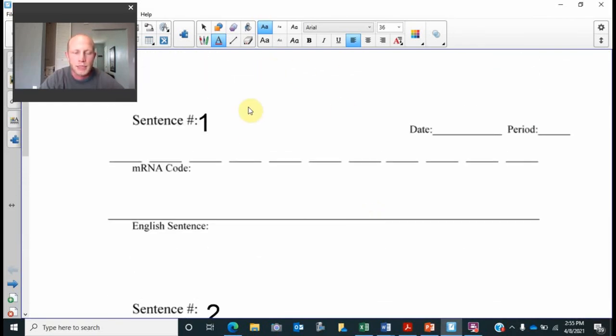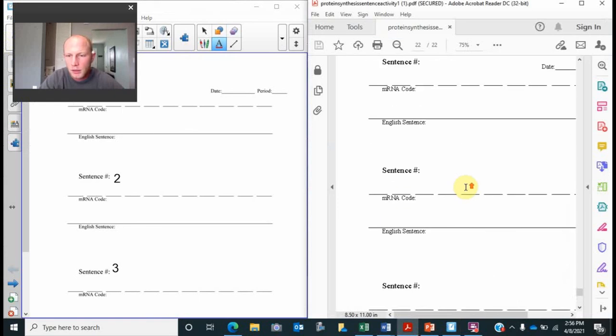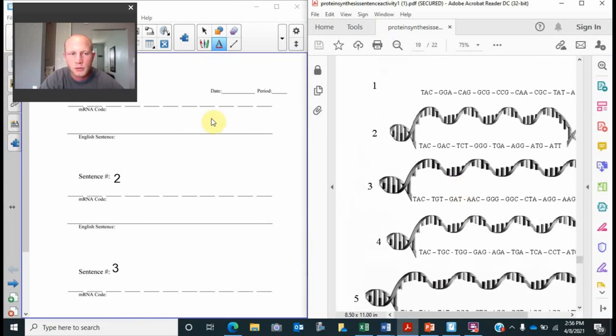So you have your DNA, and now you're gonna take your sentence 1 for DNA, and it says what's the mRNA. So now you're transcribing this guy. So all I'm doing is I'm turning it into an mRNA code. So if I'm doing sentence 1 here, and I come up to here, so TAC,